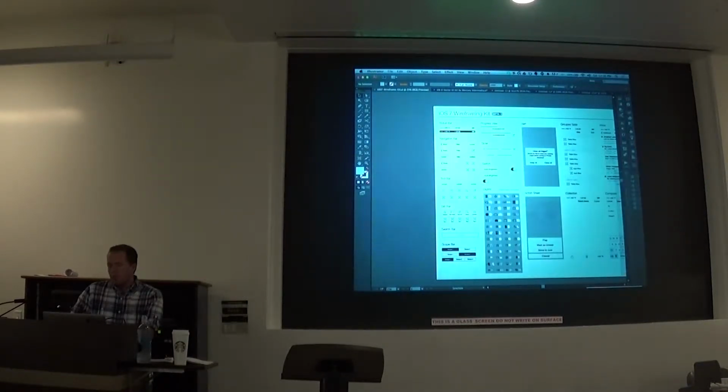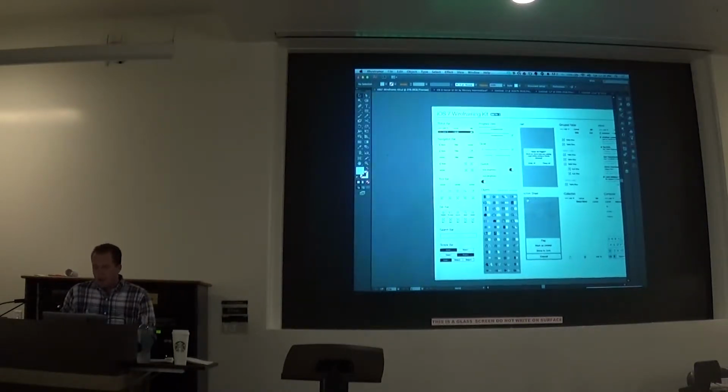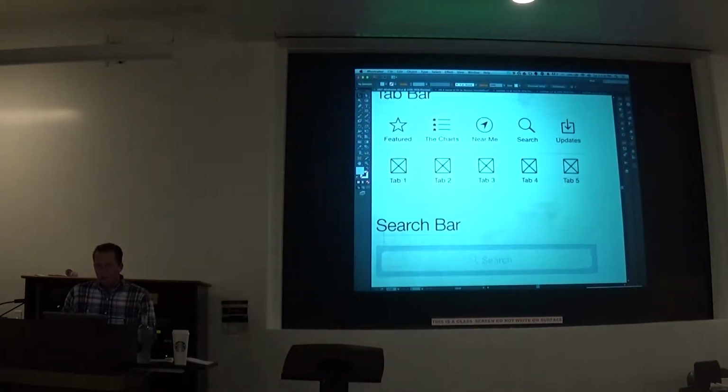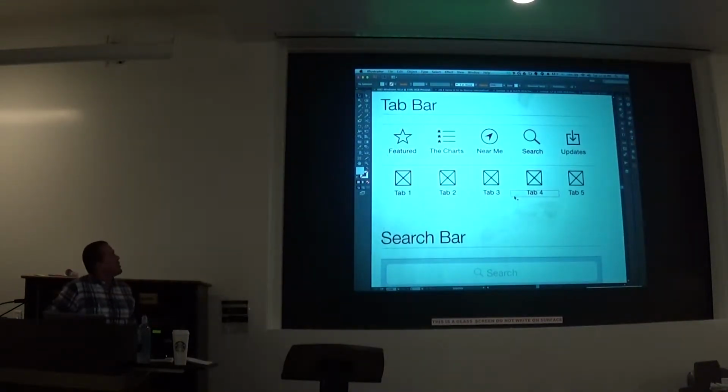As you look around, you'll notice down here, voila, our tab bars. I don't want you to use this one here. I want you to use this one right here. So go ahead and select that one,